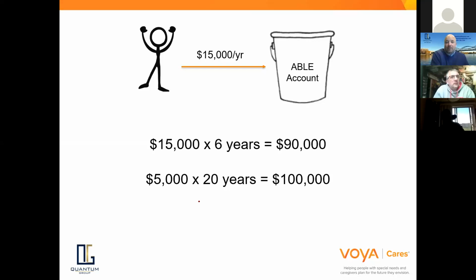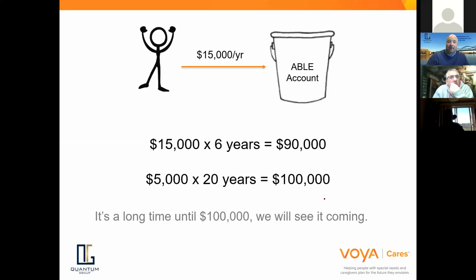So what's important to understand is that yes, there's a number where SSI can be affected, where the account can be countable, but it's only a portion of the account. It's only temporary. And if I was working with one of you and we were getting to a point where we had $90,000 in the account, we have a long time to get to that. If you started your account today, it would take you 6.5 years to have $100,000 in that account.